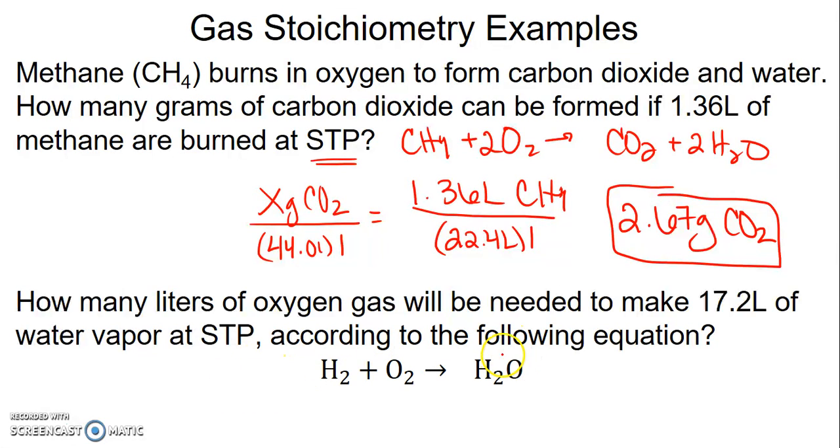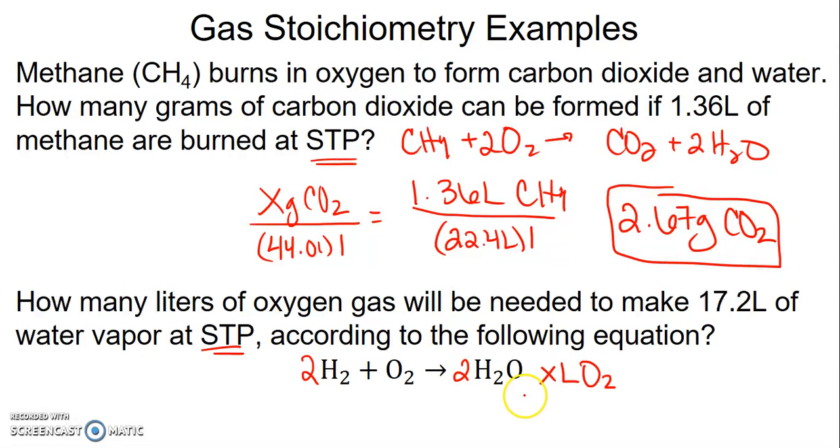Next example, how many liters of oxygen gas will be needed to make 17.2 liters of water vapor at STP according to the following equation? The equation is there, but it's not balanced, so let me balance it really quick. And again, we are at STP, so we can just use that there are 22.4 liters in a mole,